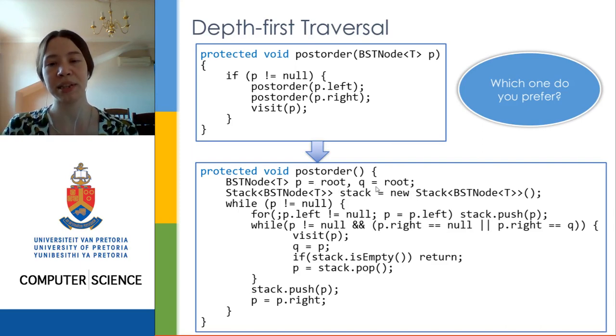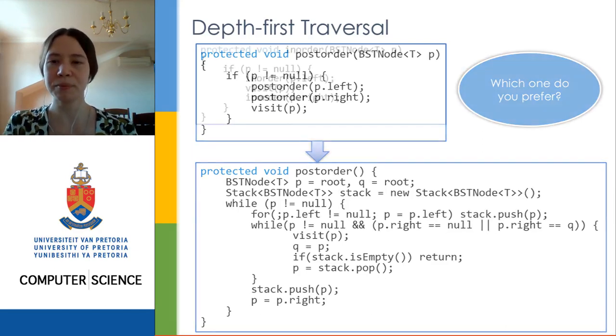Both of them use a stack either implicitly or explicitly, so neither is better in terms of memory efficiency, but the second one is a lot harder to read and to understand, to explain to another programmer. And the readability of your code is actually quite an important property in the real world, where you work on a project together with other people, and no matter what code you write, you have to explain it to somebody else. Try and explain this one at the bottom, you'll probably need time just even to figure out what's going